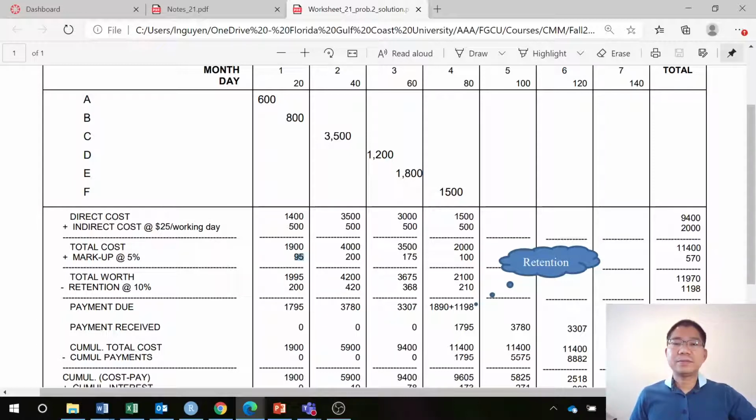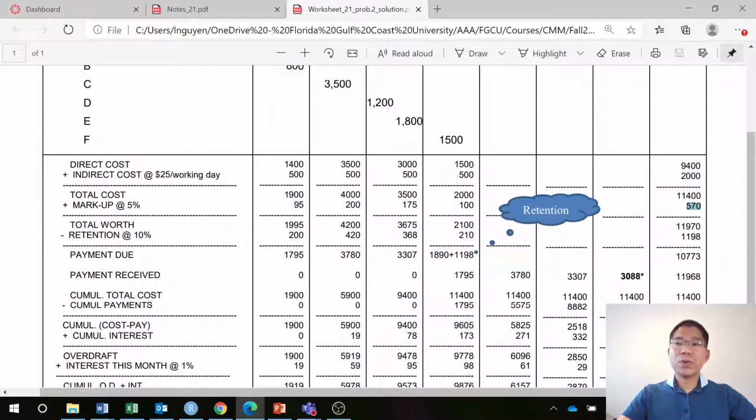4 million times 5%, 200,000, etc. So we add them up. The markup is 570,000, including overhead and profit. So the total cost, you add them,